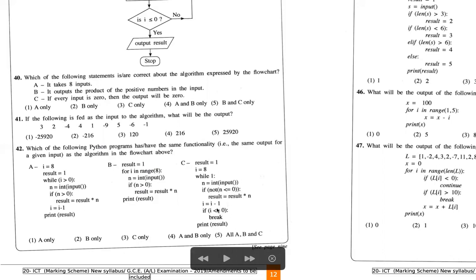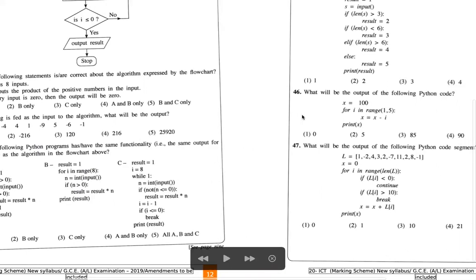That means when you go to the 0, this is also correct, right? A, B, C all are true. So for 42, the answer is number 5. Okay, then